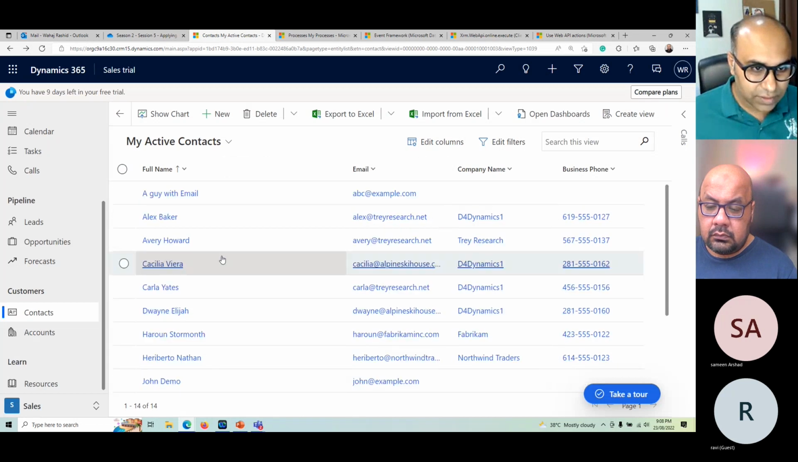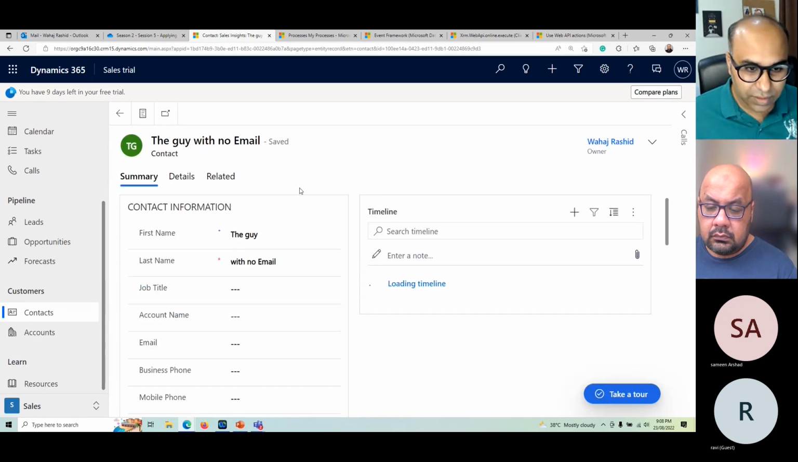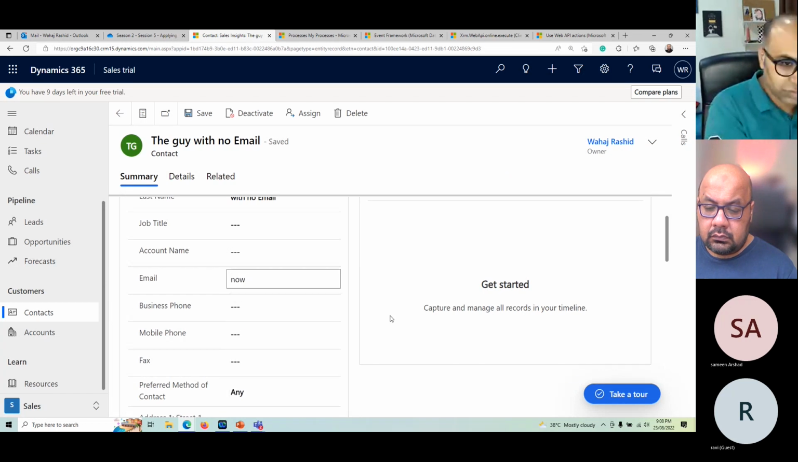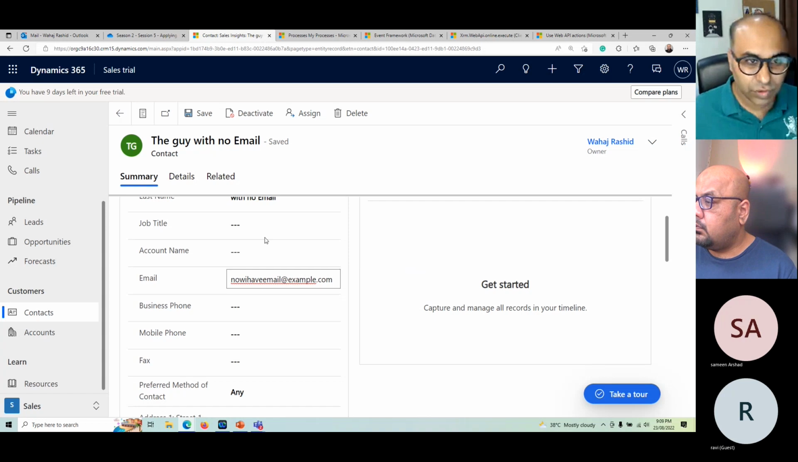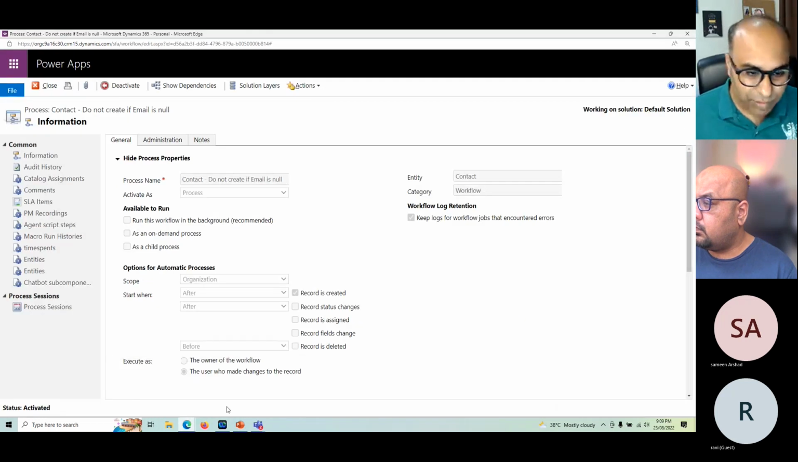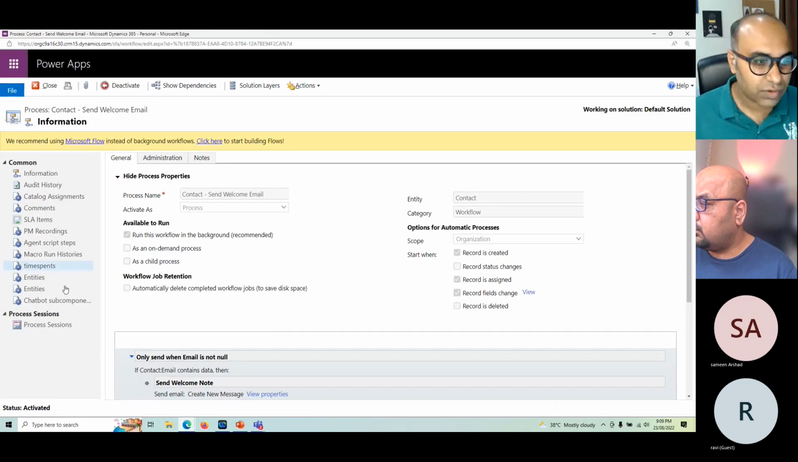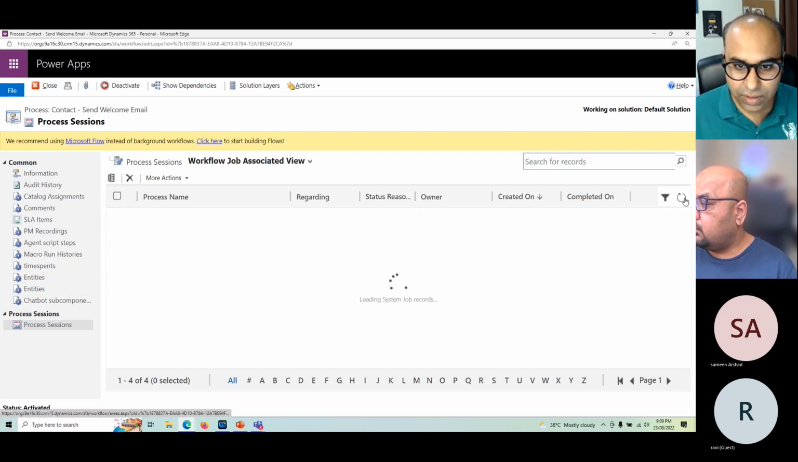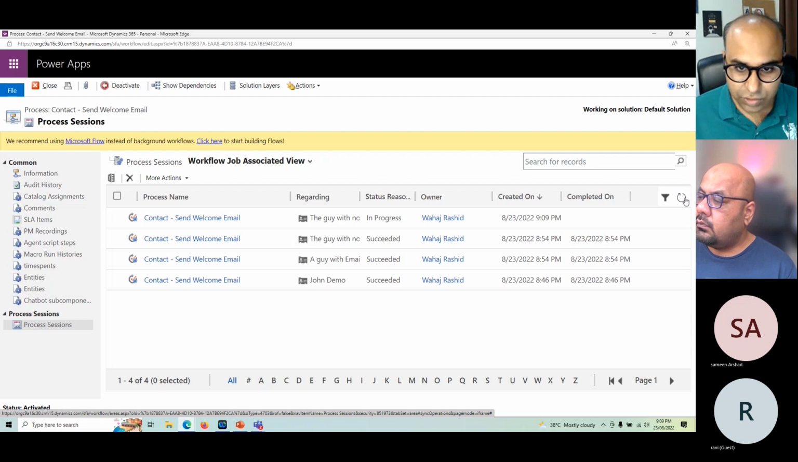Okay, this guy, the one who didn't have an email last time, let's give him an email. Now I have email at example.com. So this time the workflow should trigger because I have set it to run on update also. So I can run the same workflow on multiple events, that's for sure. Now if we go to the process sessions, you will see it is waiting for resources, and it should